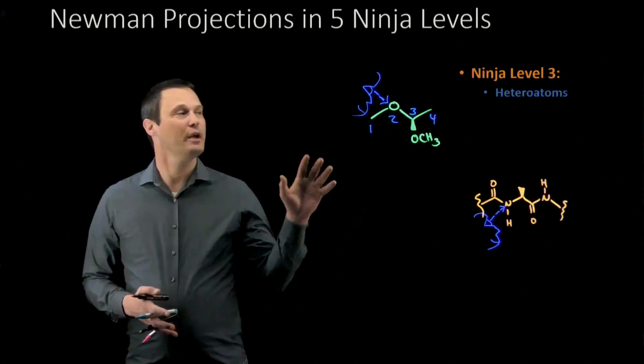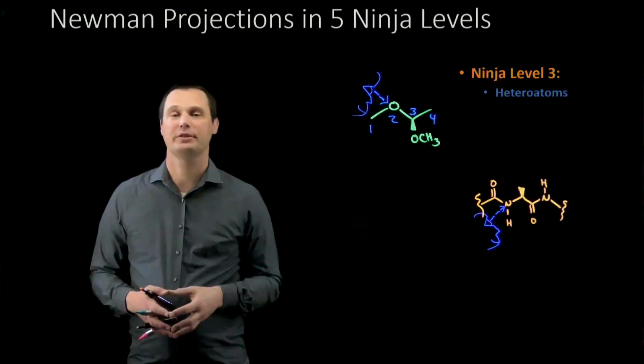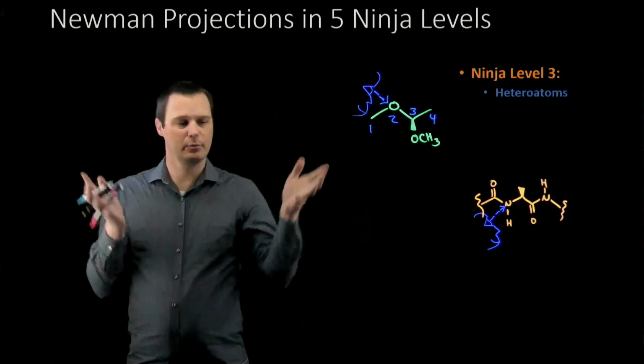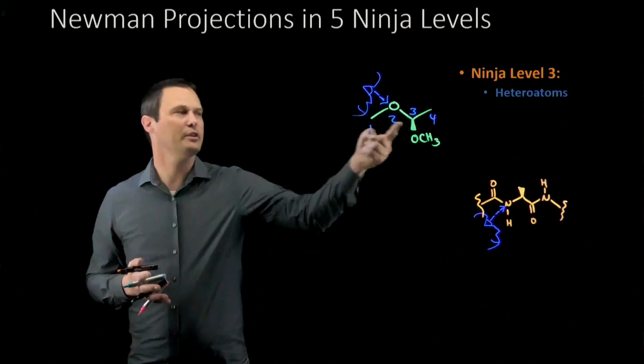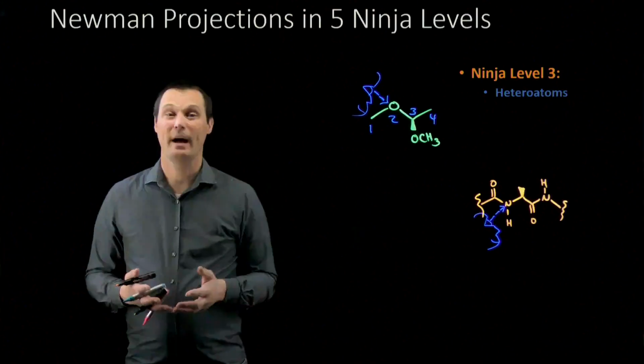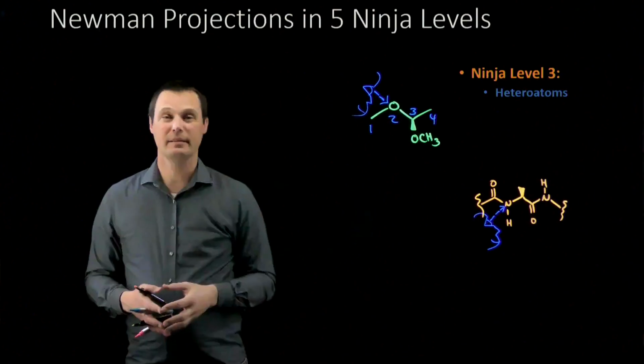Ninja level 3 is when we have a heteroatom as part of our Newman projection. And I don't mean a heteroatom as part of the periphery of the Newman projection. I mean a heteroatom as part of one of the bonds that you're looking down. Why would you ever want to look down a bond like this? Well, when you get to